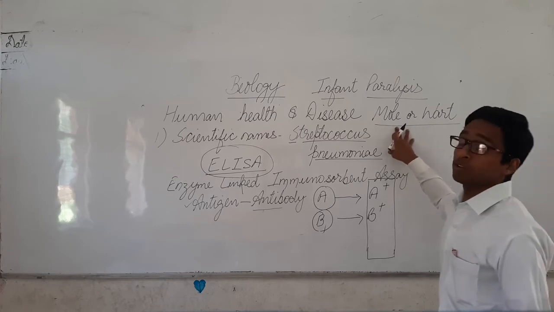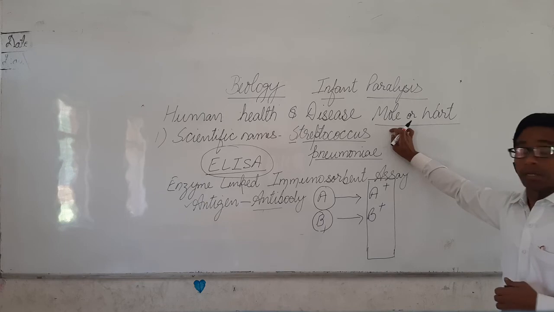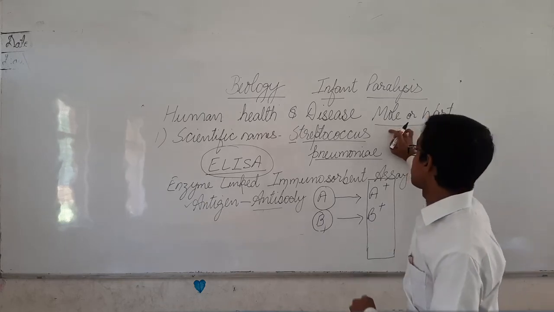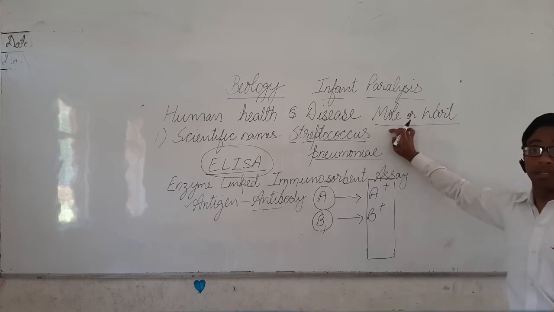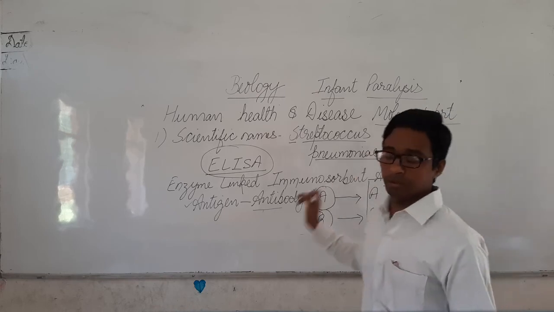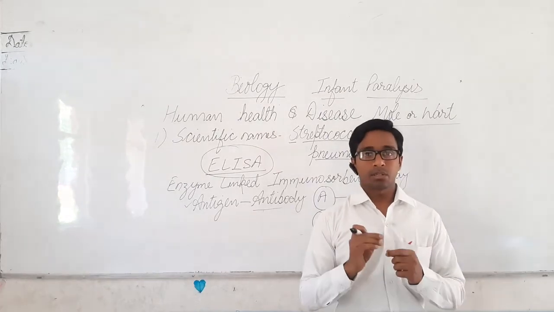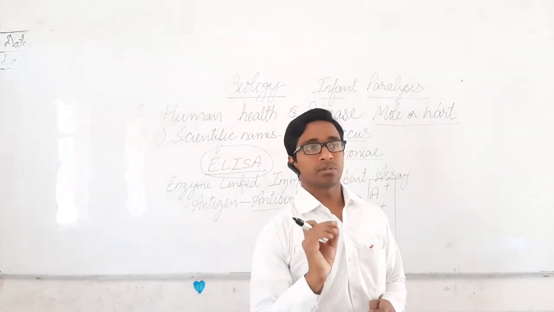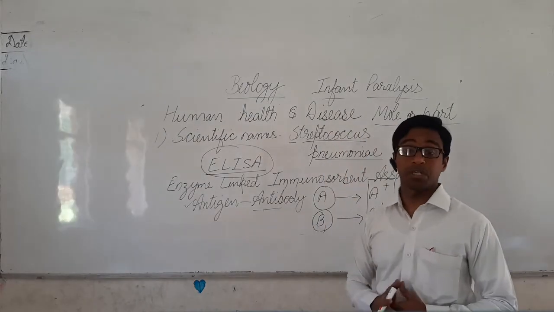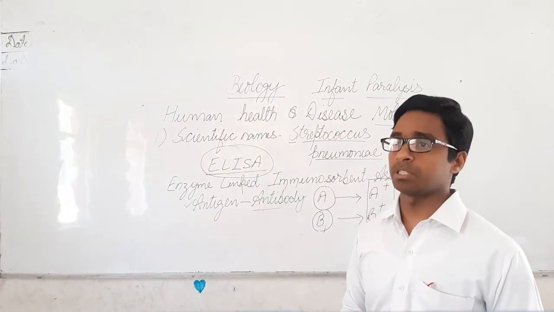As far as the size of a mole or wart is concerned, if cancer or cancer causing agents are present in our body, in that case the size increases at a much faster rate. Normally also the size of a mole or wart keeps on increasing, but the speed of increase is very low, whereas in this case the speed is very high. It can be easily seen if any mole or wart is present in our body.